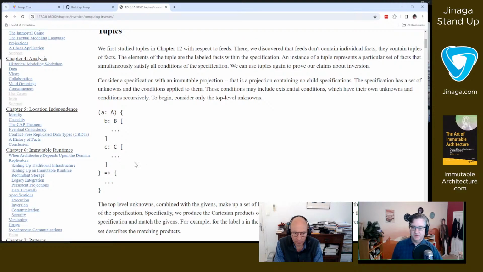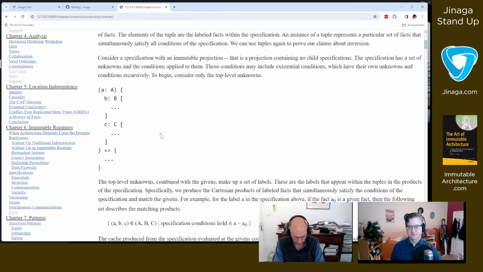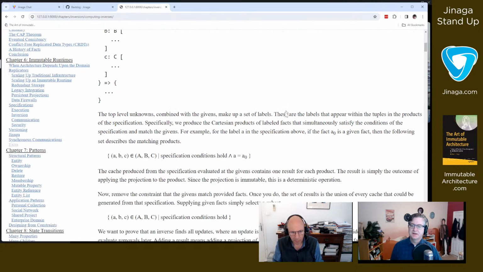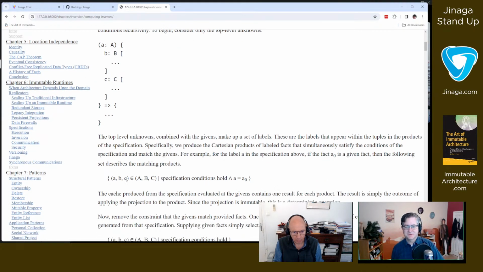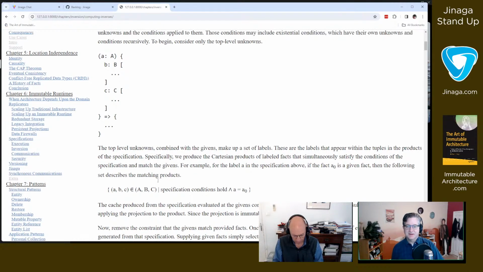We'll worry about that projection later. We're starting with the body of the specification. That is going to produce a set of tuples, ABC. So we're including the input in that set of tuples, and those are going to be in the set of the types A, B, C. So A is an A, B is a B, C is a C. Capital, lower. Yep. So just establishing the mathematical vernacular there.